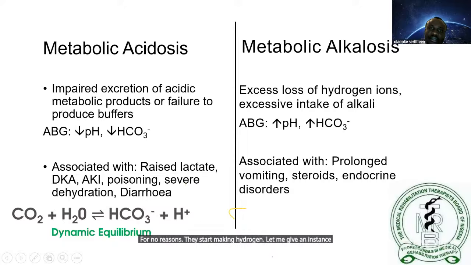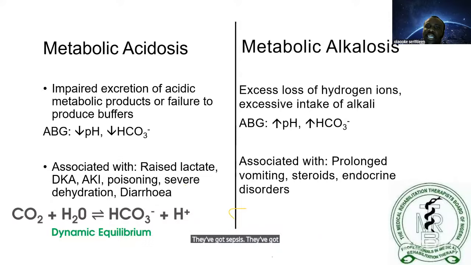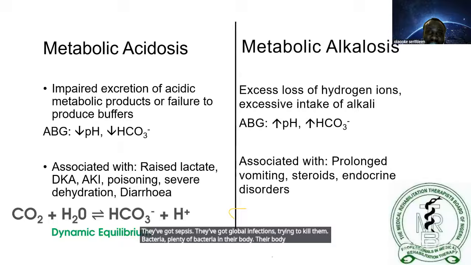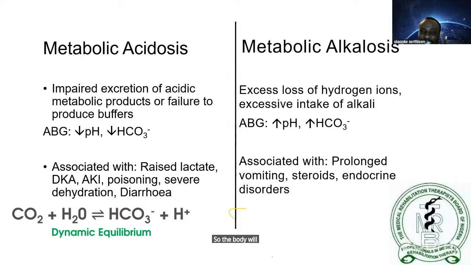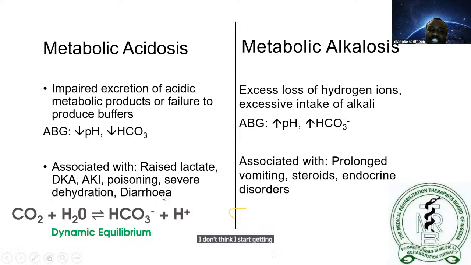Somebody that is sick, they've got sepsis, they've got global infections, bacteria trying to kill them, plenty of bacteria in their body, will switch and start doing anaerobic. The oxygen demand in their body will be too high, so their body will struggle to meet the oxygen requirement. So the body will switch naturally to start breaking glucose and making energy. From there, hydrogen can start getting out. So if your body is making a lot of hydrogen,